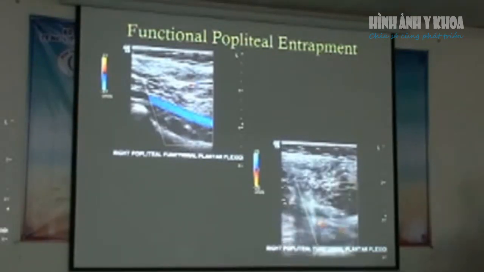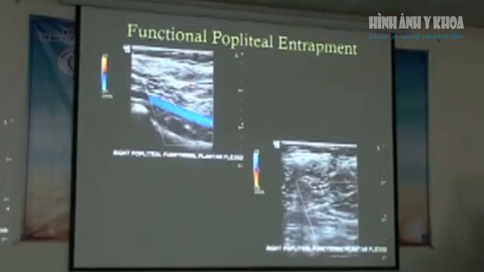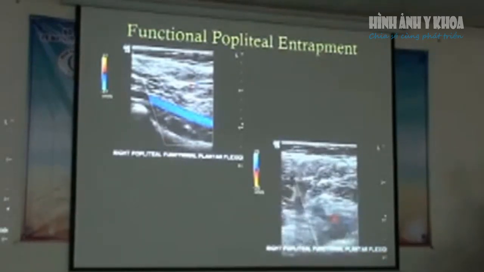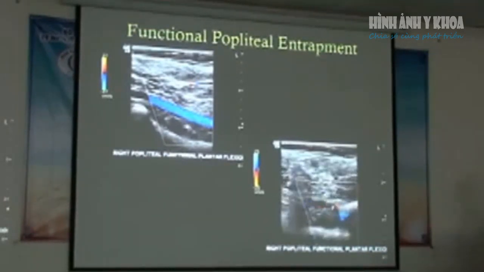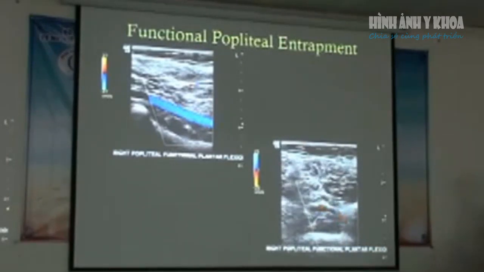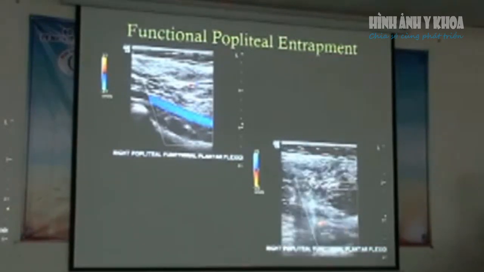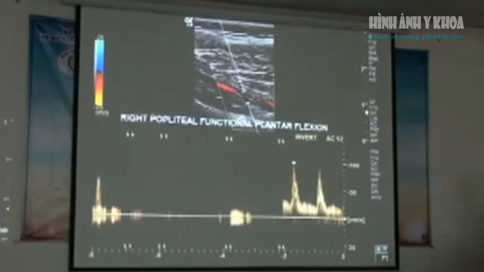So to test for this, all we do is just get the patient to stand on their tippy toes while we're scanning in the popliteal fossa. And once again, if you've got the patient at rest and then they go up on their tippy toes, you can actually get occlusion of the artery,